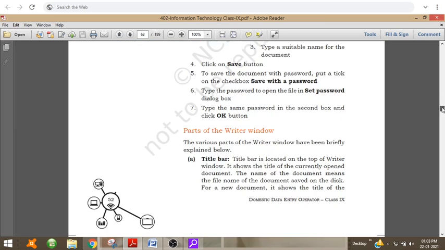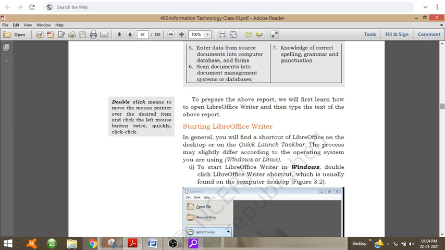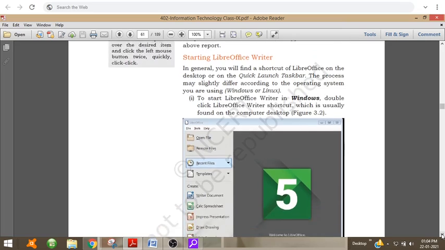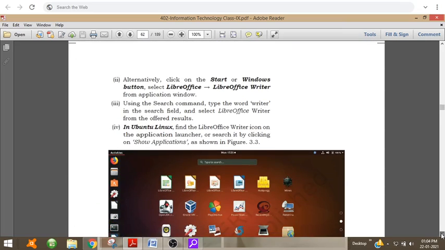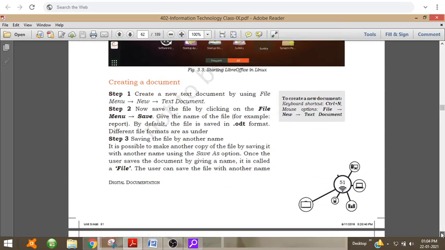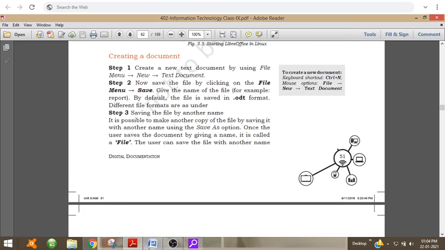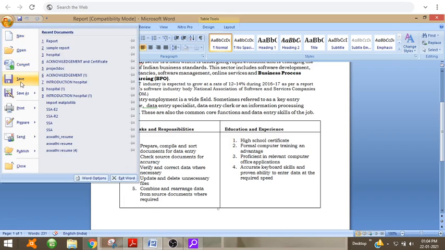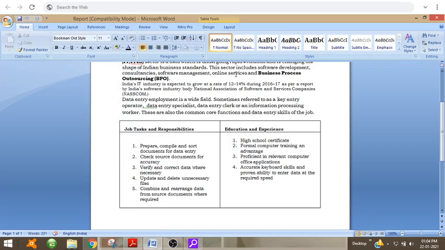Now you can also save the file by using this save button. The save button is used when you have made any change in this document.